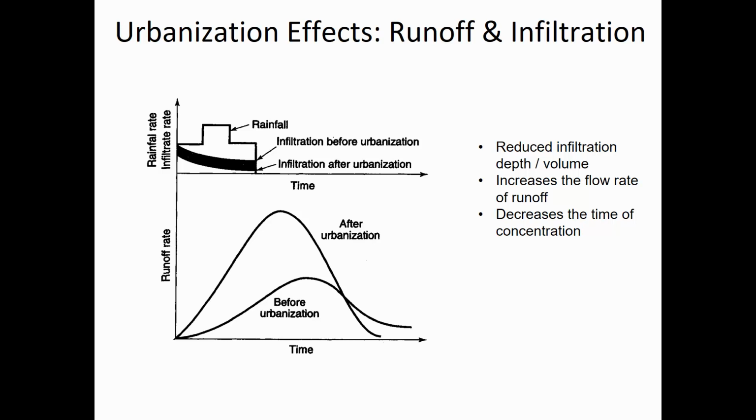And so it may be that this storm was 3 hours long, and during the first hour of the storm there was a certain intensity, and then the rainfall intensity went up for another hour, and then the rainfall intensity went down again. What this rainfall hyetograph is showing is what fraction of the rainfall back in the olden days used to infiltrate. And so all of the water underneath this top line, so before urbanization, all of that water infiltrated. And I'm going to write a conceptual formula on the whiteboard here, and it is rainfall